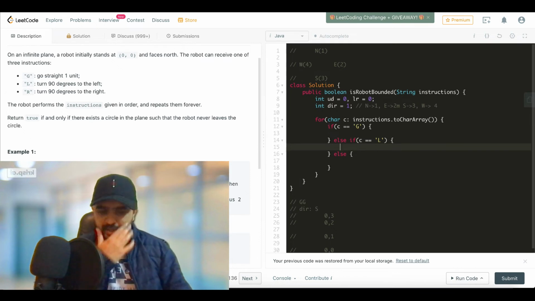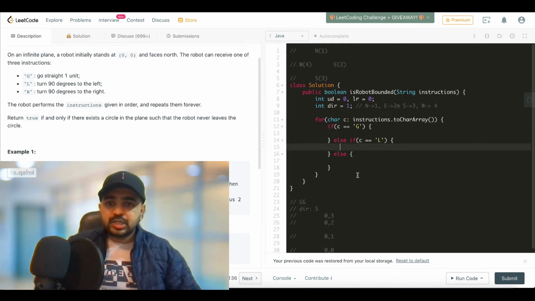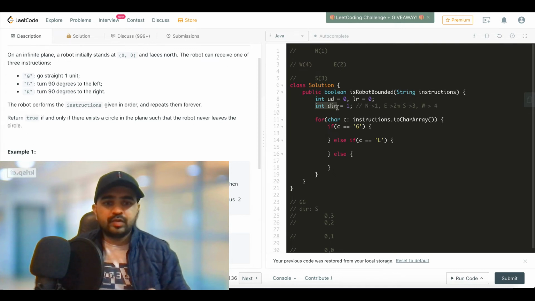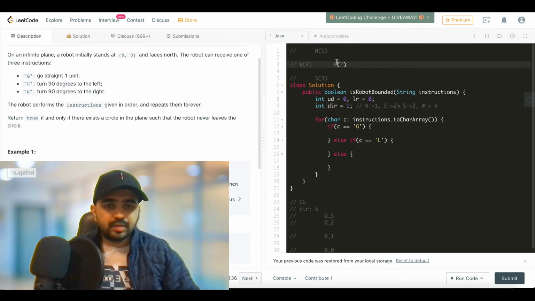Let's first try to handle the case where it is L or R. There is one edge case with moving from left to right or right to left. How we are maintaining direction is, whenever we move towards right, we will increment the direction variable. So when we move from north to east, we are incrementing the direction variable.